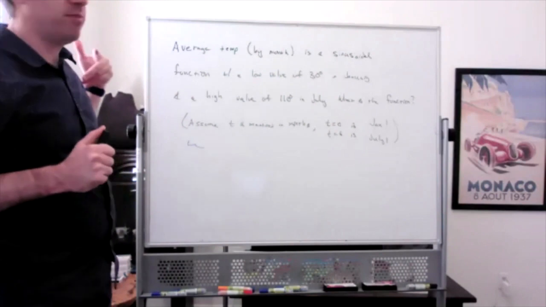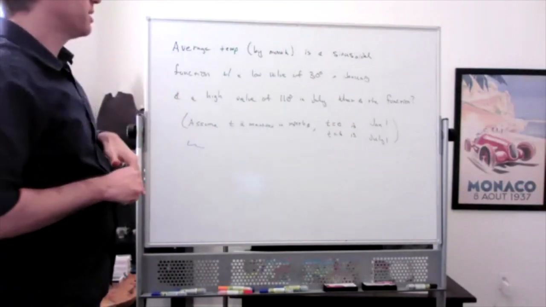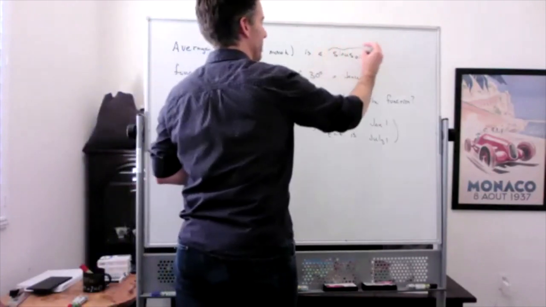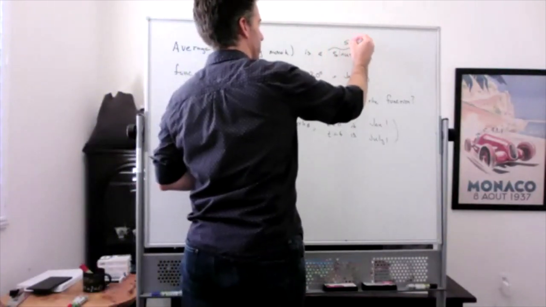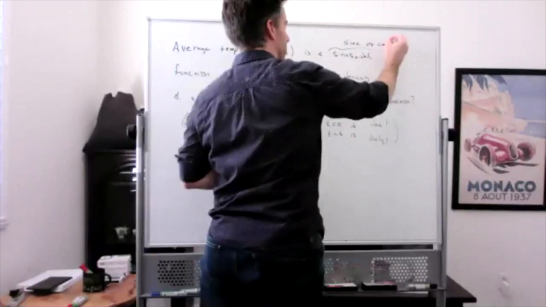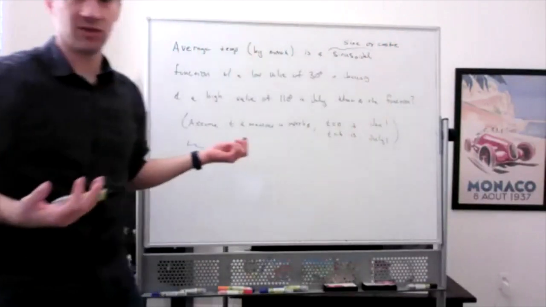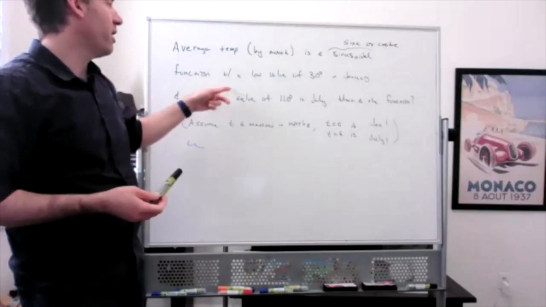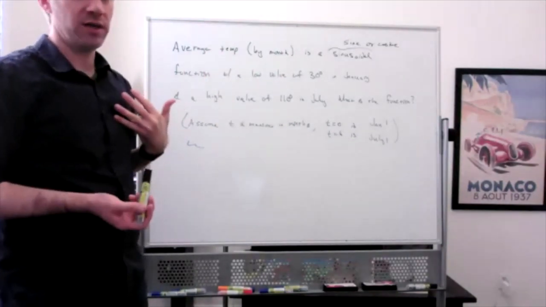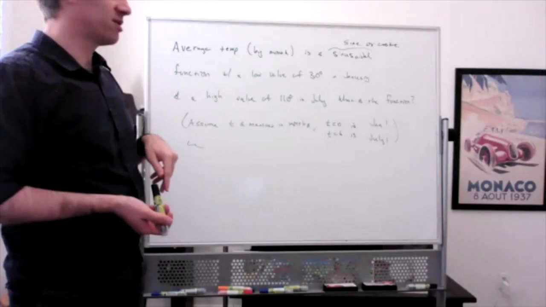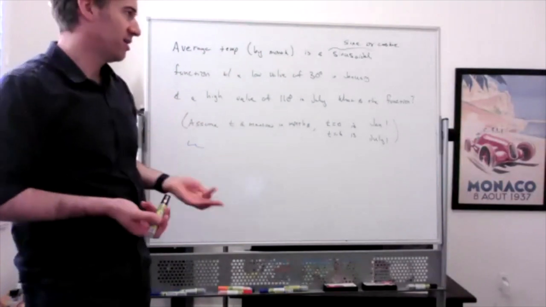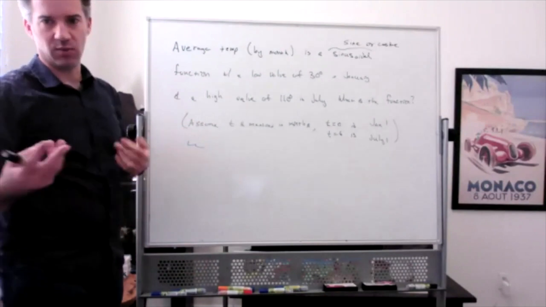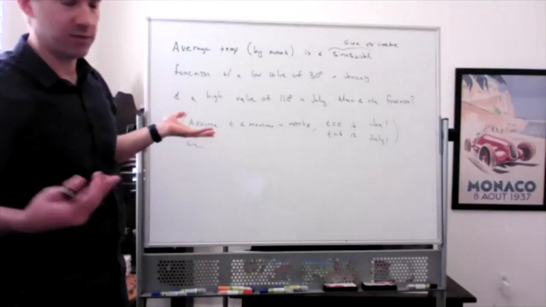The average temp by month is a sinusoidal function. And all this word means is just that it's either sine or cosine. Right? Sinusoidal is a fancy word for saying sine or cosine. With a low value of 30 degrees in January and a high value of 110 degrees in July. What's the function? And so we're making the same assumptions that were made in the homework problem that was given,